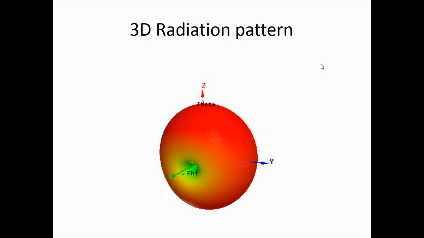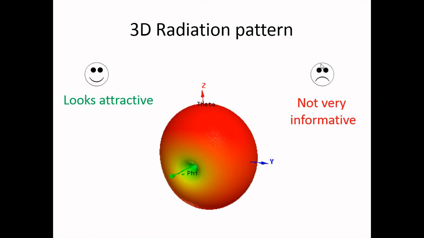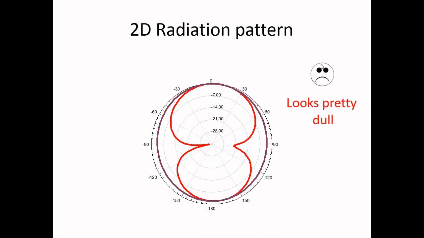Radiation pattern is naturally three-dimensional. One can imagine it like a balloon. When it inflates, it takes a three-dimensional shape. Some balloons take a heart shape, some are elongated when they blow up, just because they were made that way. Three-dimensional patterns look very pretty, but sadly they don't talk much. On the other hand, two-dimensional radiation patterns may look plain and dull, but they are quite informative.